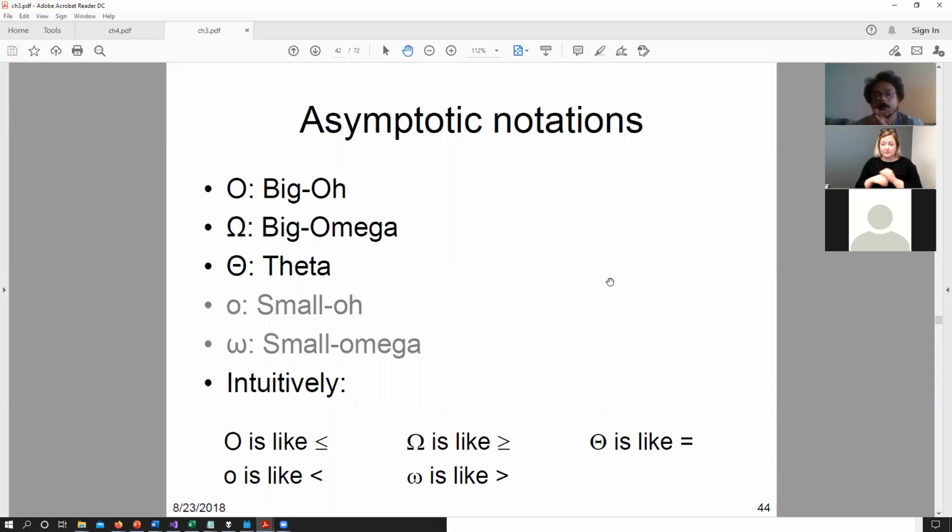So we talked about big O, big omega, big theta, small omega, but intuitively we know that for asymptotic notations, big O is going to be similar to less than or equal to. Big omega is going to be greater than or equal to. Theta is going to be similar to equal to, but not exactly, because it is bounding in both upper and lower bounds. Little o is always going to be smaller, barring any positive constant, and little omega is going to be the lower bound, barring any positive constant. Okay.